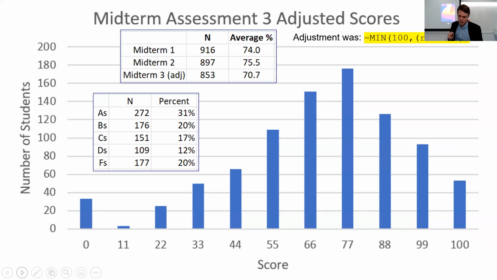So what I did was I went into Excel and I did this equation, which is you either get 100 if you got 10 out of 10, which a few of you did, or you get your raw score multiplied by 1.1. So basically every question you got right was worth 11 points. So if you got 1 right, you got 11, 2 right, you got 22, et cetera. 7 correct questions, you got 77. If you got 9 right, you got 99. And if you got all 10 right, you got 100. So it's almost negligible between getting 9 or 10 right.